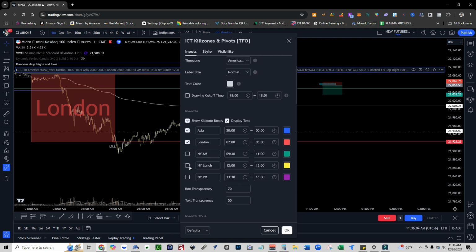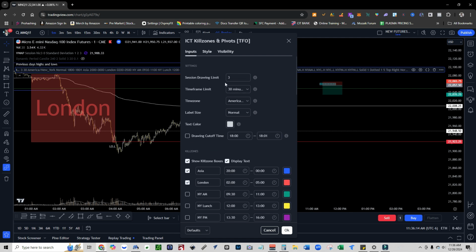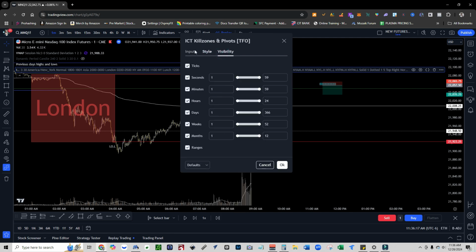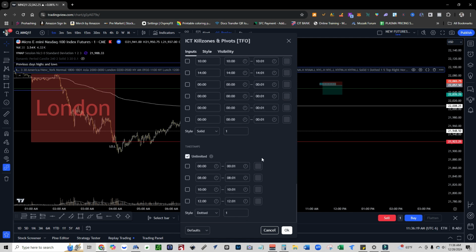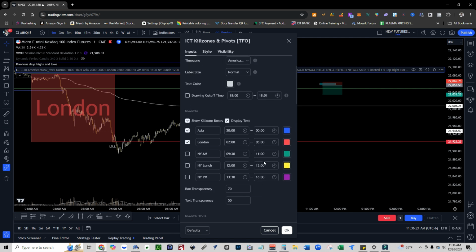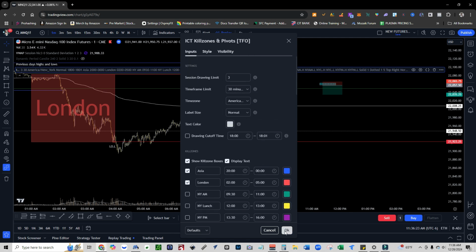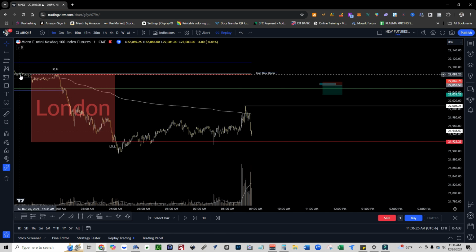What I do is, these will be checked, I go ahead and uncheck. These will be checked like this, I'll just uncheck all those. These are the only ones I want to see. Don't mess with any of this other stuff. It's already populated, so that's pretty much all I changed. Leave everything else the way it is. Like I said, take a look at this and make sure it matches. Once you've got that set up, push OK. I go ahead and hide that.